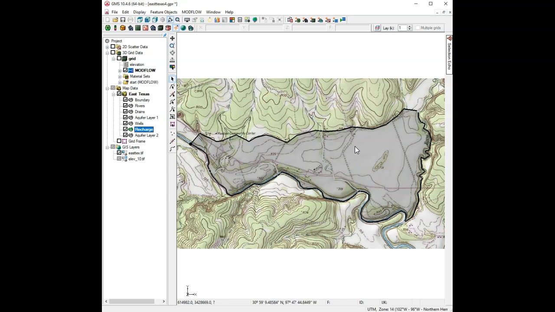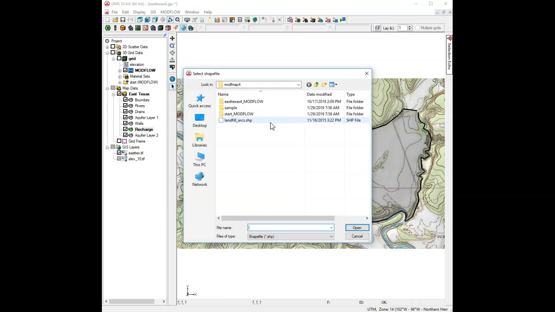Now in earlier versions of this tutorial, you'd click on 4 points and then edit the coordinates. Another way to do that is if you have the polygon representing the landfill as either a CAD file or a shape file, you can import it and you don't have to digitize its coordinates. That's especially helpful if you have a complex boundary. And so we are going to go to the GIS module right here. It's just to the right of the map module, and we're going to say add shapefile data, and it says